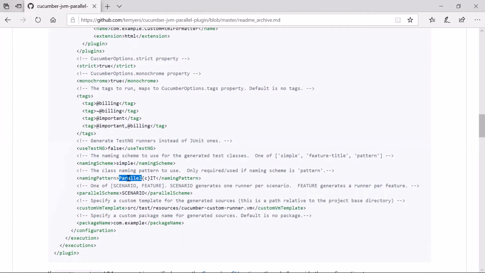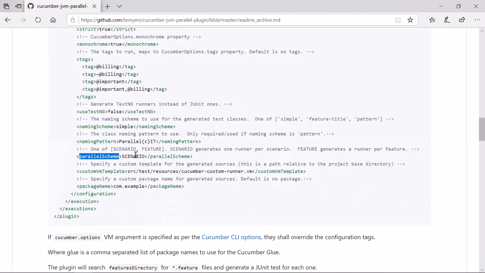By default, test classes will be generated with this pattern name. After that, we have the parallel scheme, where we can define how to generate the test classes. If you provide the value as scenario, then it's going to generate one runner per scenario. In our case, we'll provide the value as feature, because we want to generate one runner per feature file.